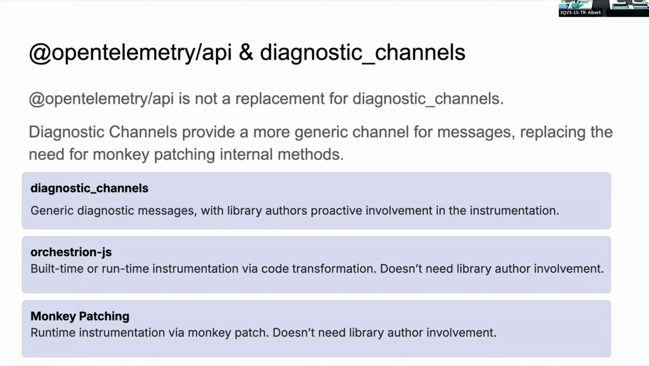The diagnostic channel definitely needs the library authors to explicitly say, "Hey, I'm going to instrument my own code with diagnostic channels." And the Orchestrion and monkey patching approaches were designed so that even if the library authors do not provide built-in diagnostic messages for OpenTelemetry to instrument, we can transform their code or monkey patch their API code to emit the data to be consumable by the data backends. So I think,